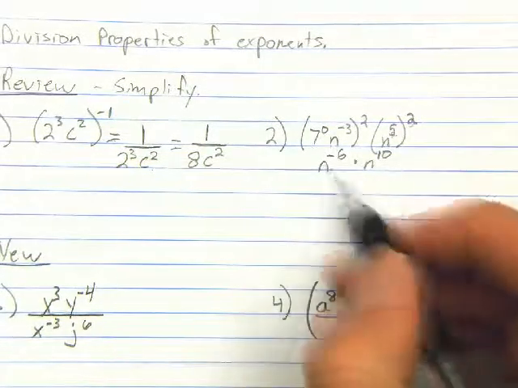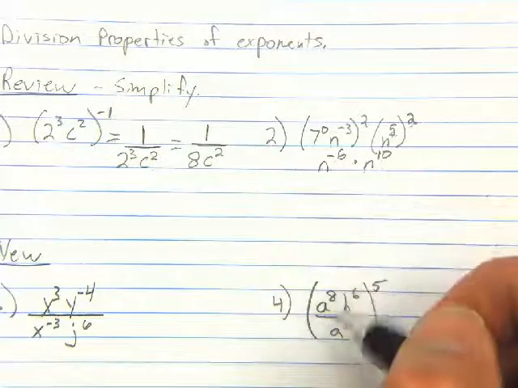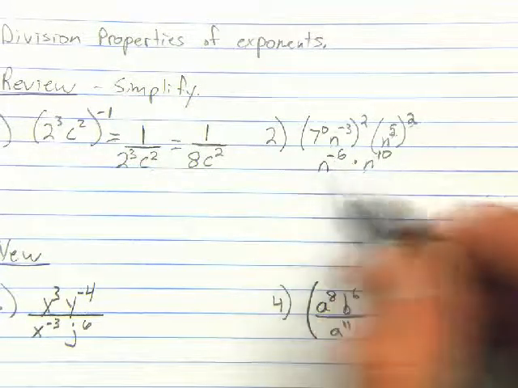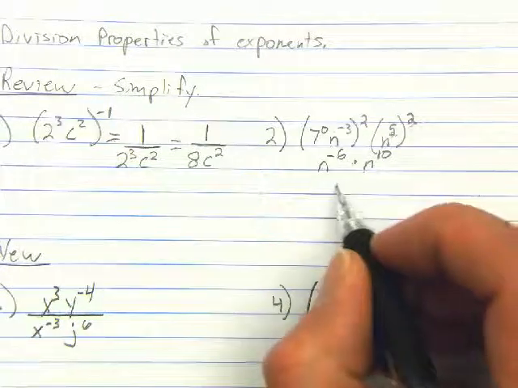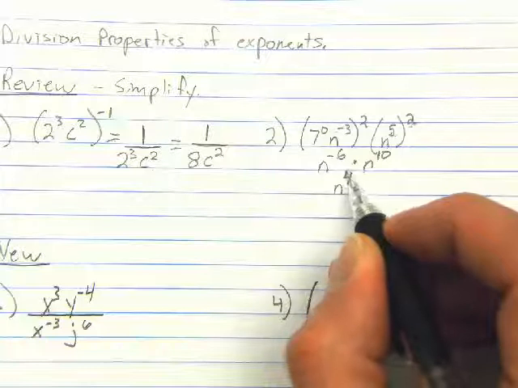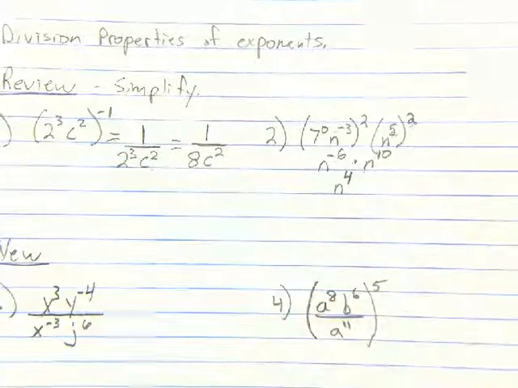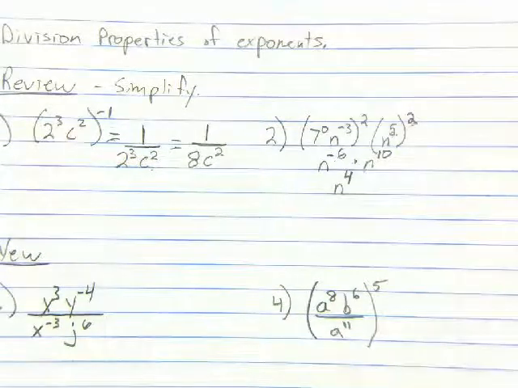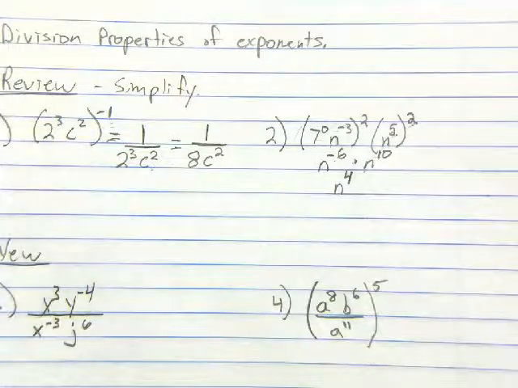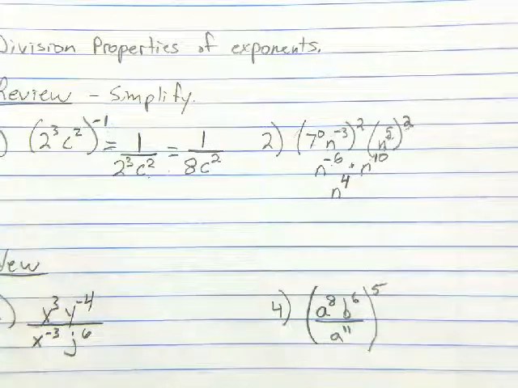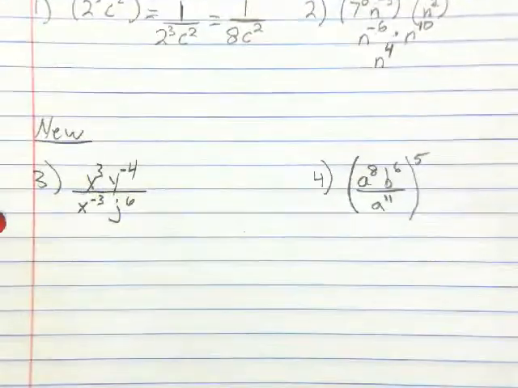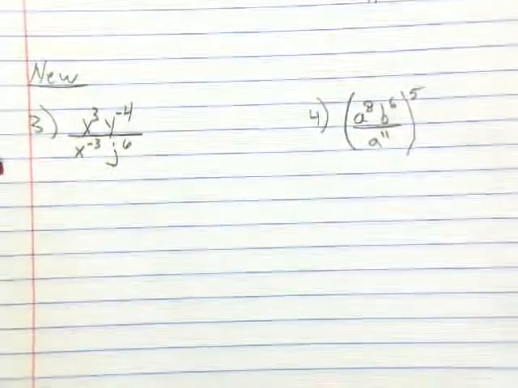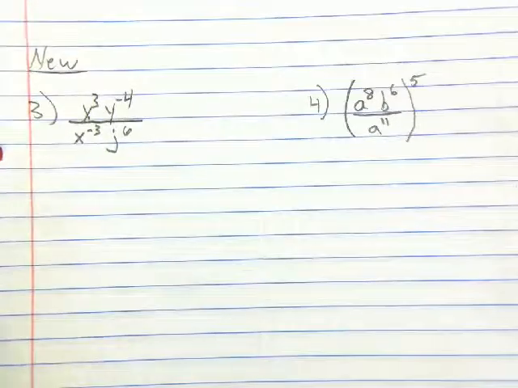So now you have n to the negative 6 times n to the 10th. This is an addition problem. So I have negative 6 plus 10, which is n to the 4th power. And that would be your final answer for number 2. So that's just a quick review. Now let's go to the new stuff. Same properties, same things going on here, but now I'm looking at division. All right. So for number 3,